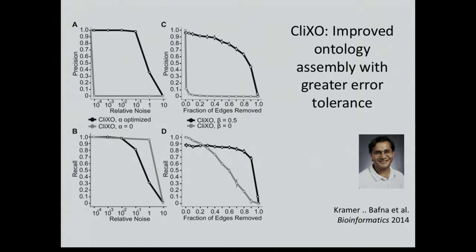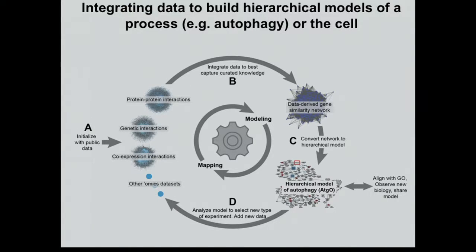And so now you'll see sometimes this word CliXO, which also reflects a slight change in the way the algorithm works. This is called clique extracted ontologies, and it's actually inspired from some of Rodet and Ron's work from way back, where they used clique detection as a way of clustering, and this is hierarchical clique detection, if you want to look at it that way. Okay, so